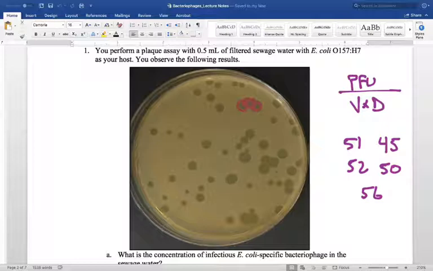So case in point, I took sewage water a couple of weeks ago, and Amelia was trying to isolate phage that infect E. coli O157:H7. I think, what did we find? Like 20 per mL, roughly. And for Pseudomonas, we found 100 or so phage per milliliter. So the number of phage that you isolate is in part dependent on the host strain you're using. Just like with eukaryotic viruses, there are some viruses that can infect certain cell types and not others